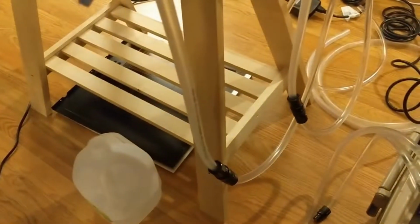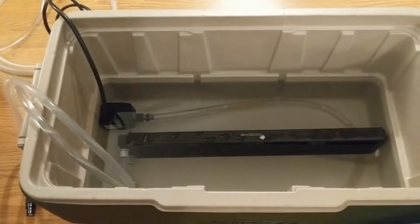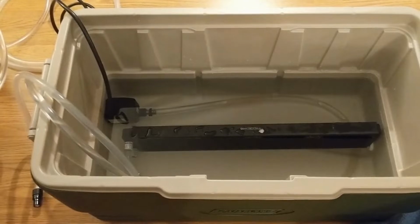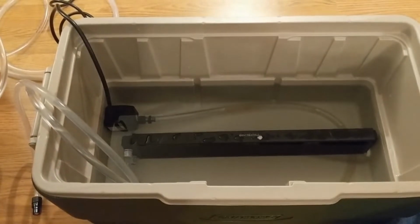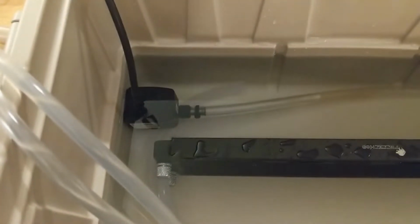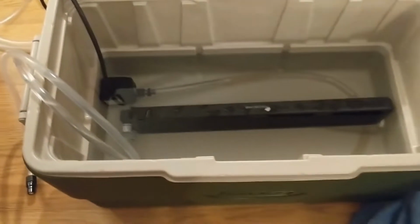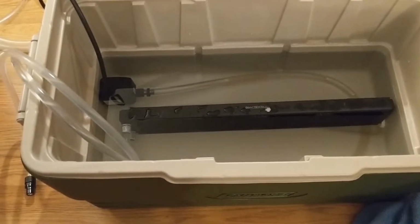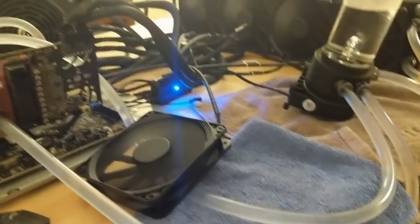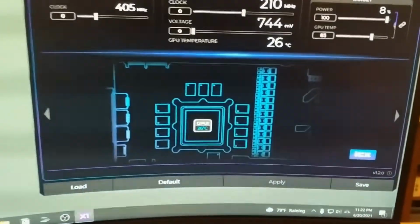And then the idea here is that I was going to do a quick disconnect, and I have a cooler with another radiator, kind of I guess a junk radiator. I have this pump that's there. It's a fountain pump, so that way I can circulate the water. I was going to kind of just show you that this is the setup, and here you can kind of